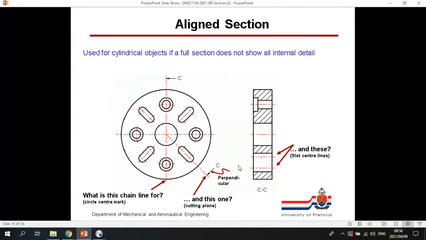Okay, the next section type is something called an aligned section. So these are usually used for cylindrical objects if a full section does not show all the internal detail. You'll notice there I have my vertical section line. Now in this one's case, that section line from top to bottom will give the same information both at the top and at the bottom. If I quickly draw it out for you,